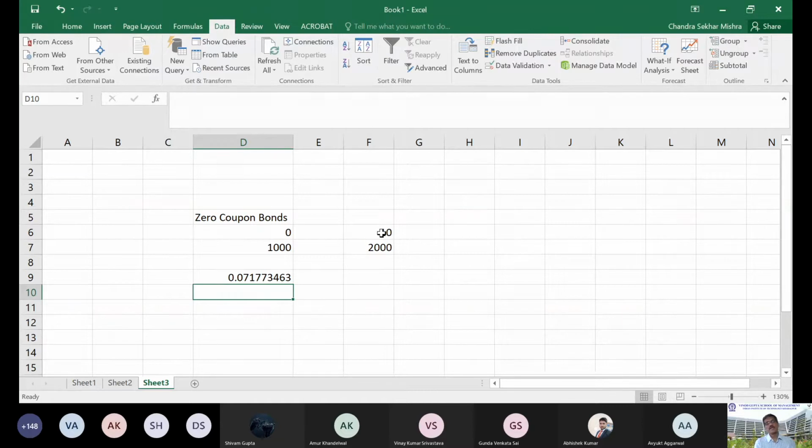Somebody goes for 1,000 rupees today and takes the money from the issuer at the end of 10 years, 2,000 rupees. Another person gives 1,000 rupees and gets a 7.18% return every year. That means 72 rupees every year he gets interest, up to the 10th year, and at the end of the 10th year he will get the interest of 72 rupees plus 1,000 rupees back. Is my example okay? Have I given the example properly or not? You understood the example?